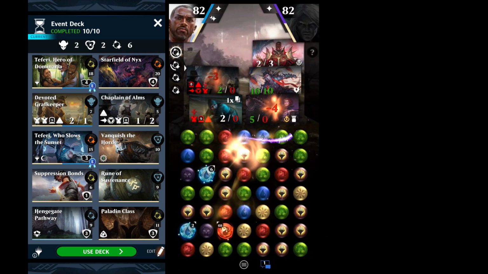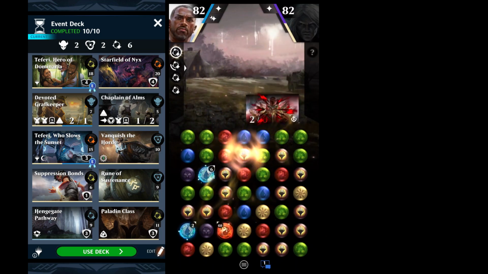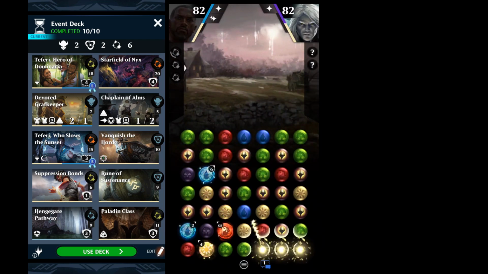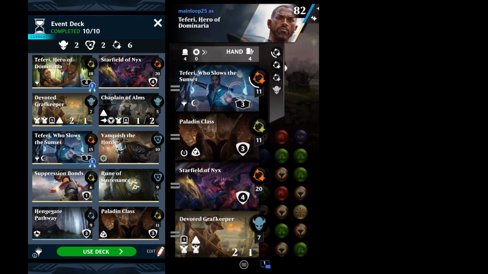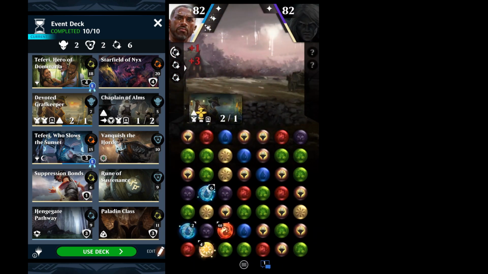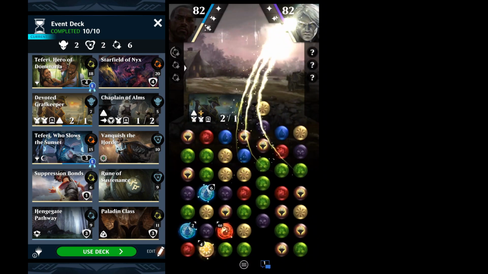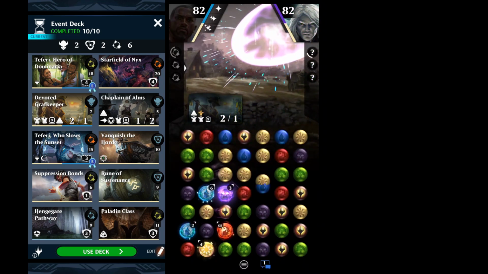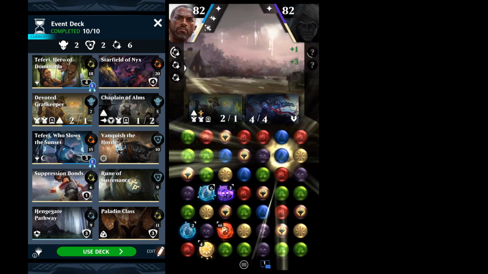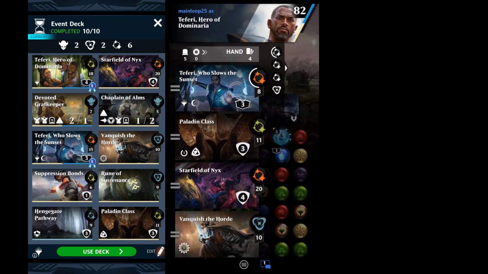One of the other reasons I like to use Teferi for this node is because he's got built-in great control. Once I get to his third ability, that's going to help keep the board clear, which I'm already at, and that's great. Wow. It's just extreme luck happening here. So let's go ahead and...